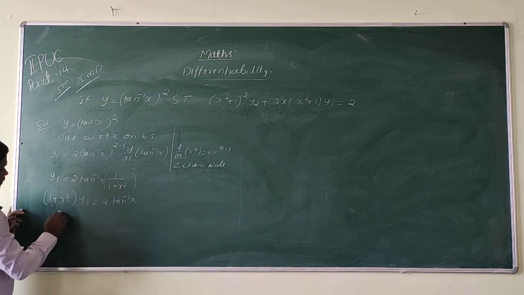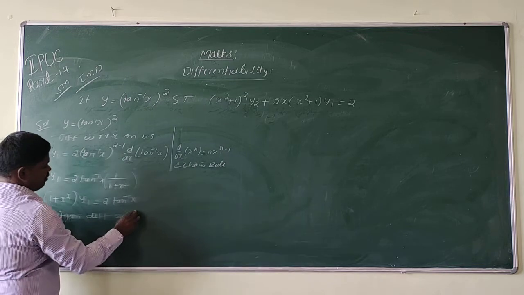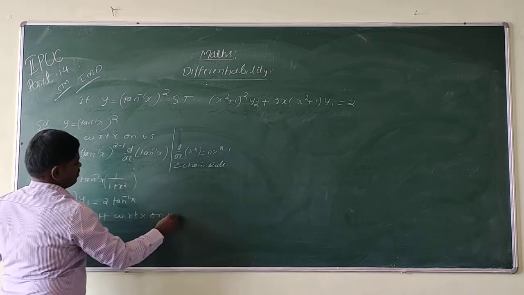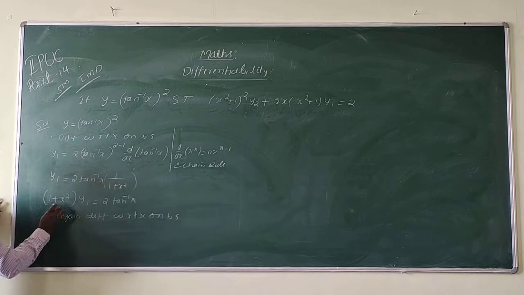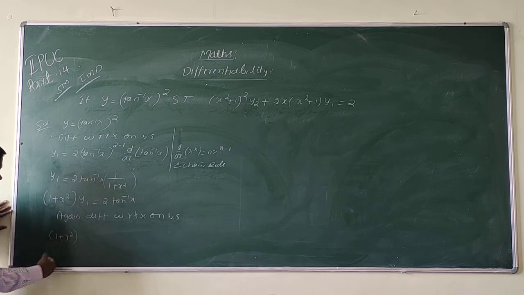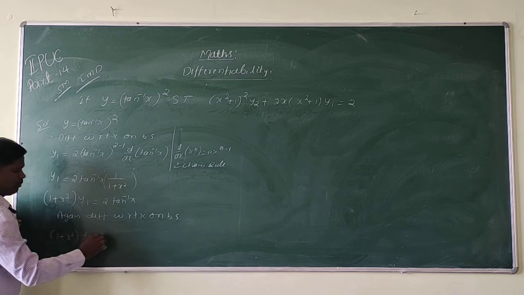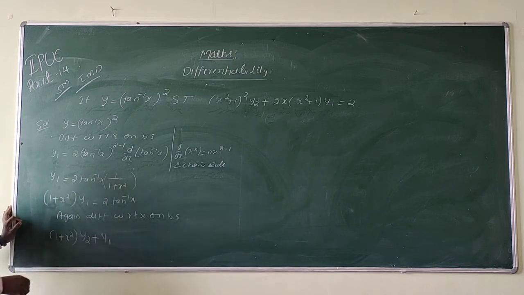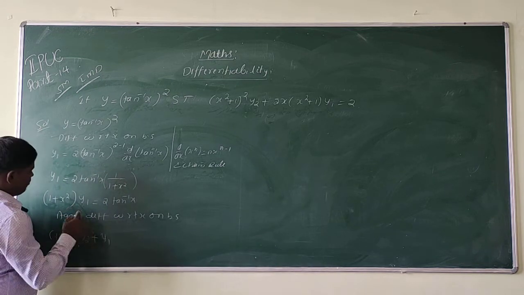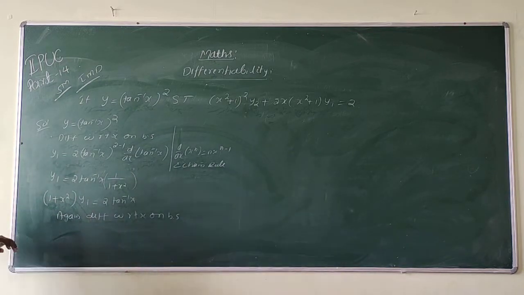That's all. Okay. Again differentiate with respect to x on both sides. So we are going to differentiate again. That is by u into v formula, that is 1 plus x square, as this, into differentiation of y1, that is y2, plus y1 as this. Okay, so then the differentiation of 1 plus x square, so I write one more step here. Okay, so don't confuse here.